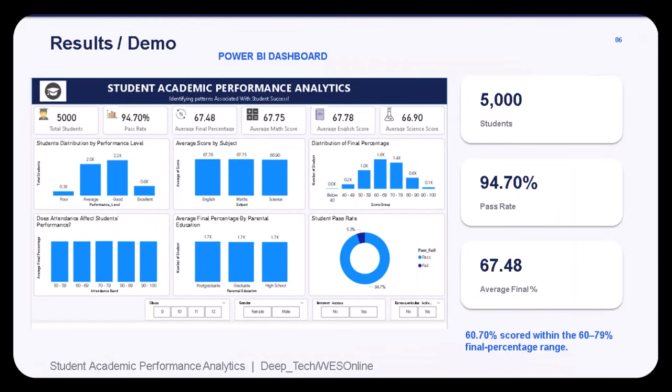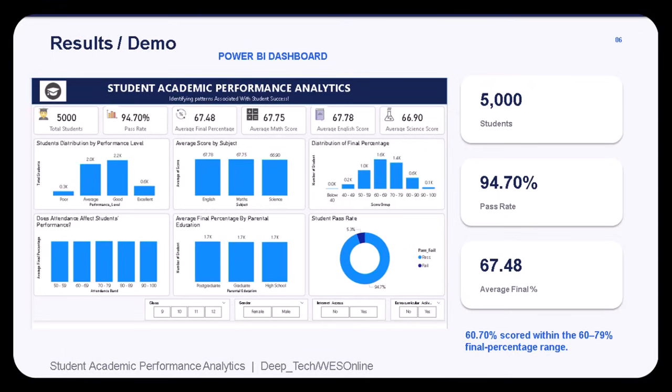We also compared the three subjects. The average score was 67.75 in mathematics, 67.78 in English, and 66.90 in science, showing relatively similar performance across the